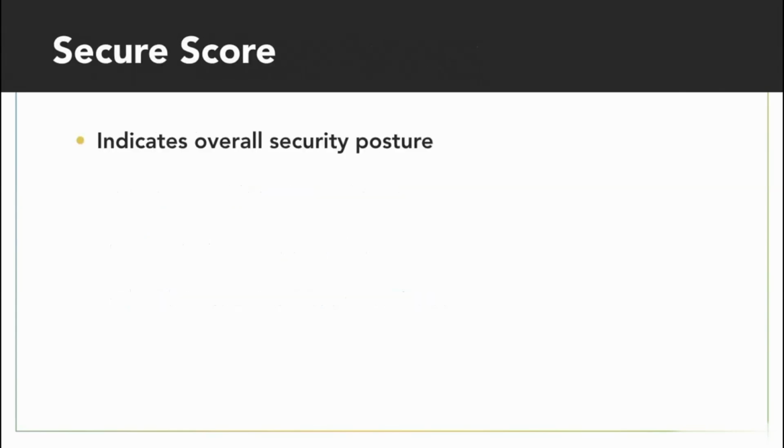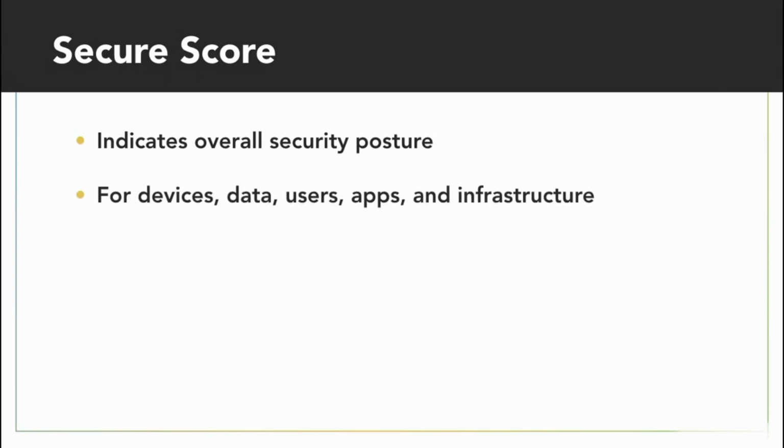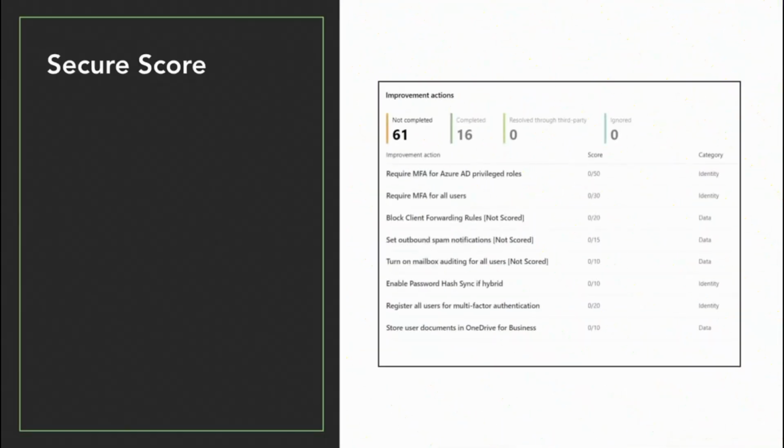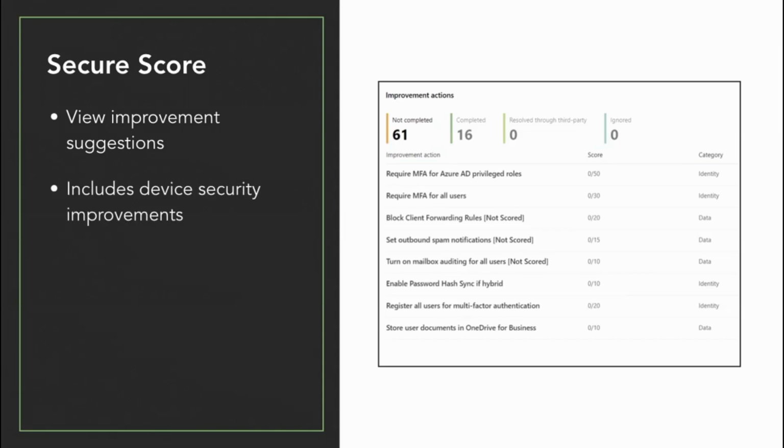Microsoft Secure Score indicates your overall security posture for devices, data, users, apps, and even your infrastructure. You can drill down into the report, and it will provide you information on how to improve your secure score. Often this is achieved by implementing better security measures, including improvement actions and advice. For example, you can significantly improve your score by implementing actions that secure your devices, such as multi-factor authentication and